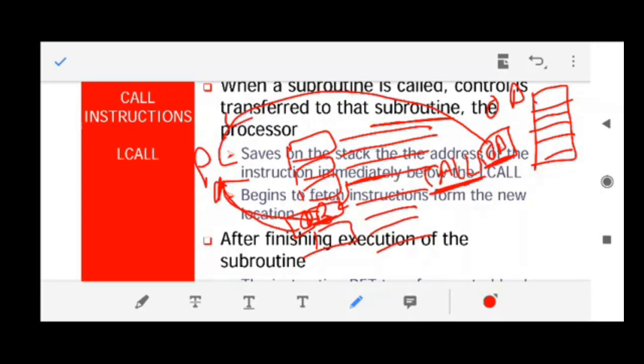Why does it do that? Because the program counter needs to know from where it has to do the execution. Now the 8051 will search where 0D is. Here is 0D. So it will start executing this line, this line, this line. Now it reaches the end of your subroutine.